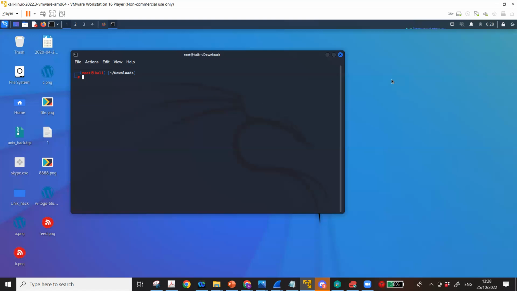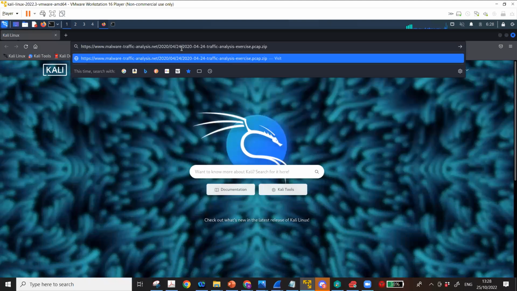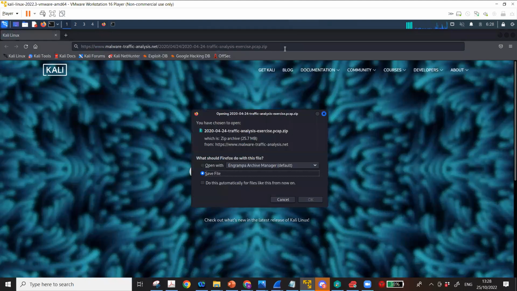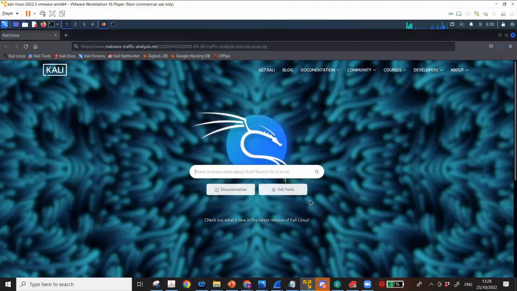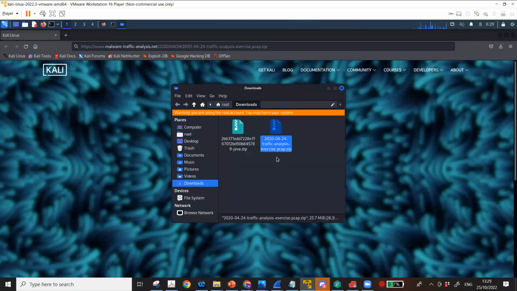Okay. Now, I just copied the URL. I'm going to paste it. And as you can see, it's a zip file. It's a Wireshark capture file, which is a zip file. So now it will download, save the file. And it seems like the download is complete, right? Yeah. So this is the file